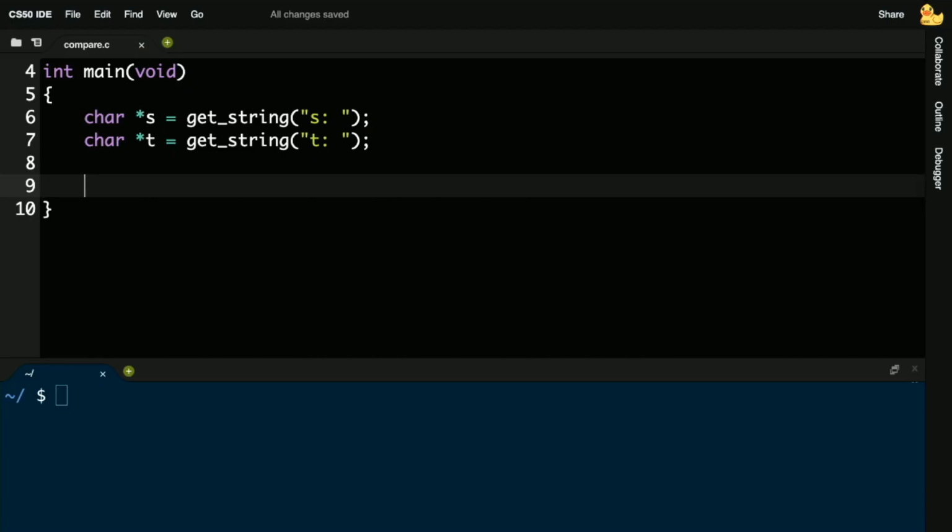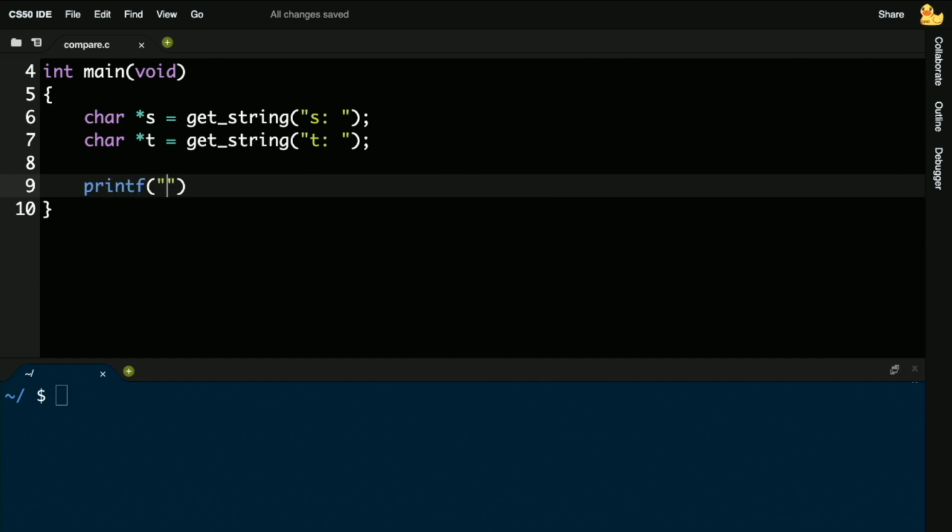A couple people in the chat are saying that we're not actually comparing the characters, we're comparing the addresses. Yeah, so that's the logical conclusion from today's definition of what a string really is. If a string is just the address of its first character, then if you're literally doing s == t, you're comparing those two addresses, and they are probably going to be different, even if I type in the same thing, because every time we've called getInt or getString, it's plopped the user's input somewhere in my computer's memory. But we now have the tools to vet this answer ourselves.